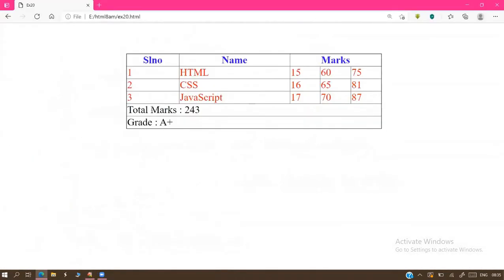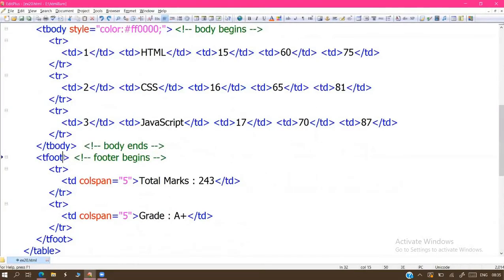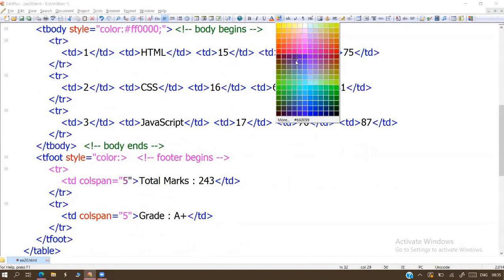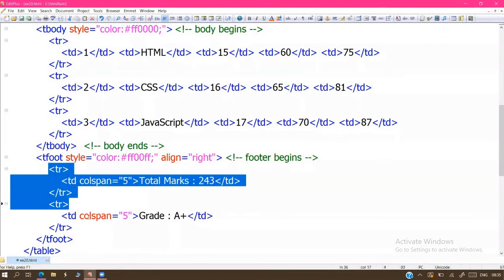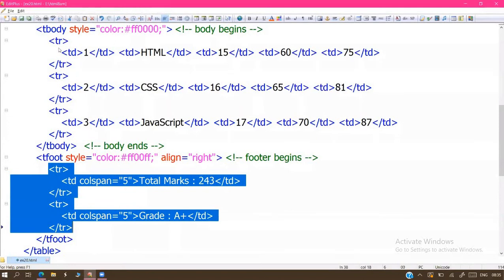Next, the same way for the photo section. In the photo section, I need some different appearance, sir. I'll go to the photo section and apply the styles required here. I need some color, magenta color, plus I need the alignment also. Align equals right. So one CSS setting and one HTML setting are both applied, and these two settings are applicable for this total data.